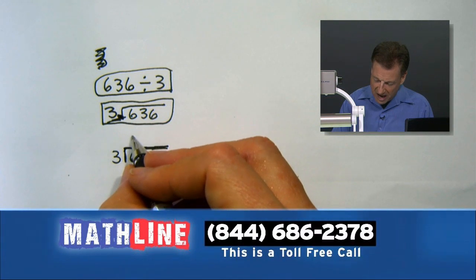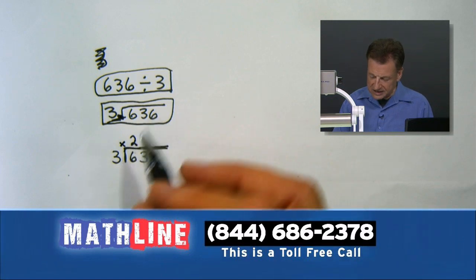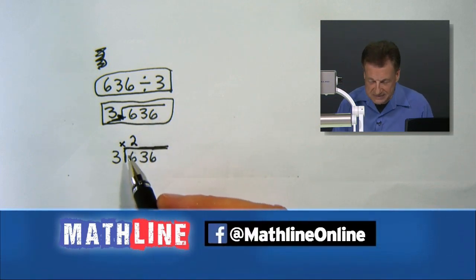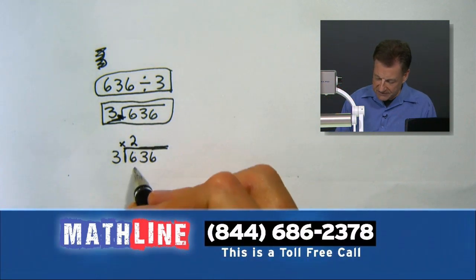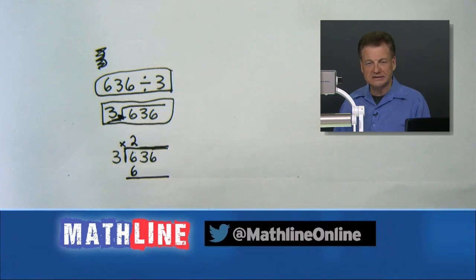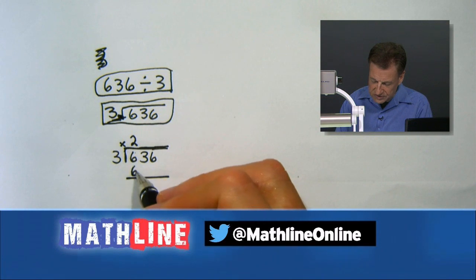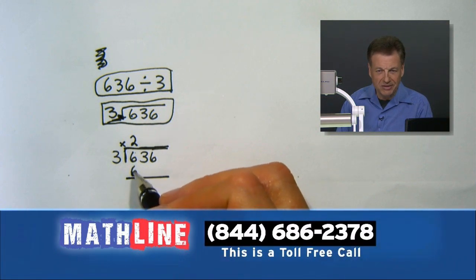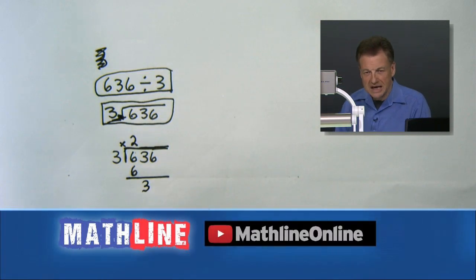Yeah, go 2 times, right? And so let's go 2 times, and I'd like to put that little times there because that reminds me we've got to multiply. So we say 2 times 3, which is going to give us 6 right there. And Alyssa, we don't have anything left over, do we? We don't have anything left over after we subtract 6 minus 6, do we? No. So we're going to bring down this next digit, which is a 3, and we're going to play with